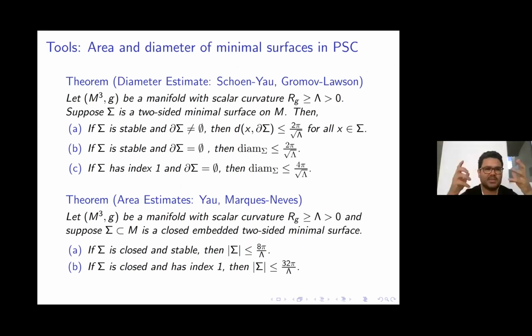For example, stable with fixed boundary. Yeah. You have the surface with fixed boundary. Then you want to say that just because it's stable, you can bound the distance from an interior point to the boundary. Right. Now, if you want to bound the area, it's actually